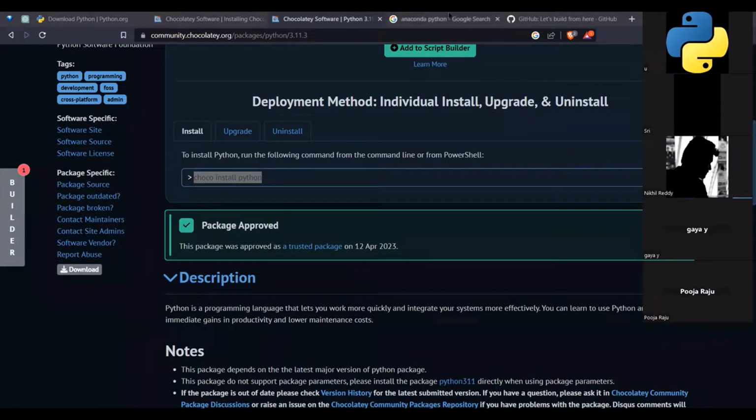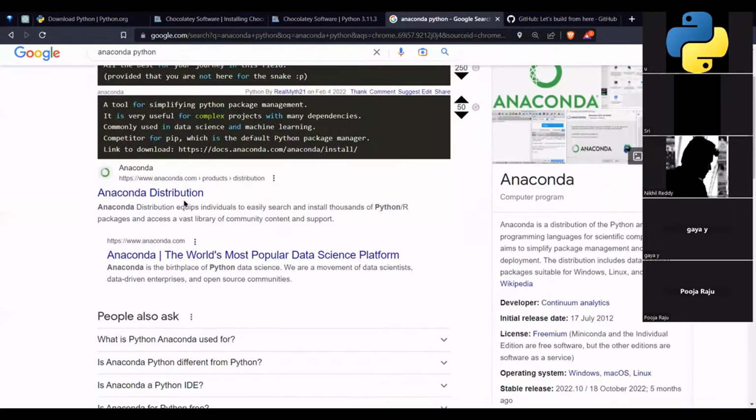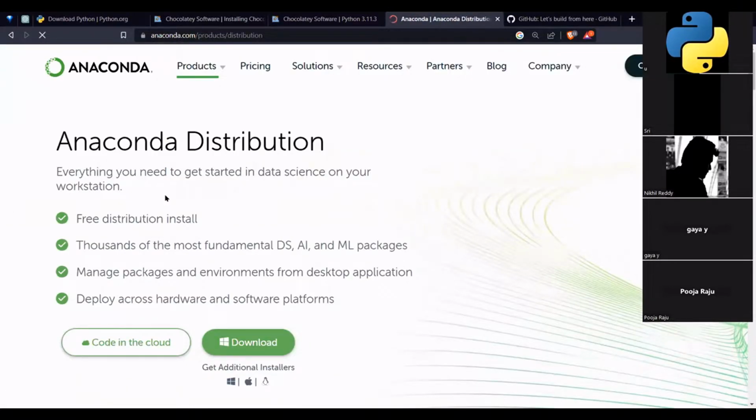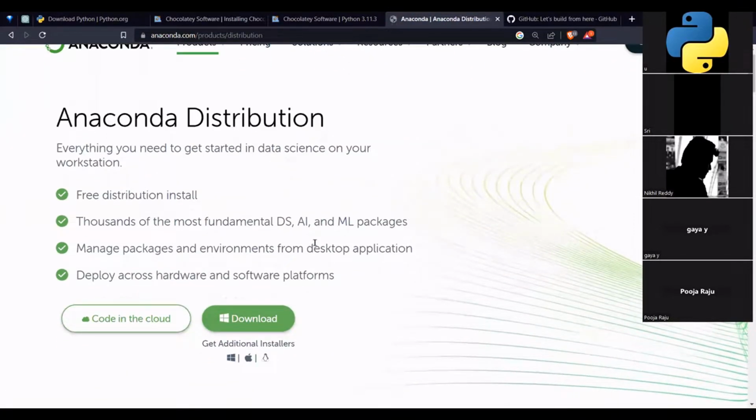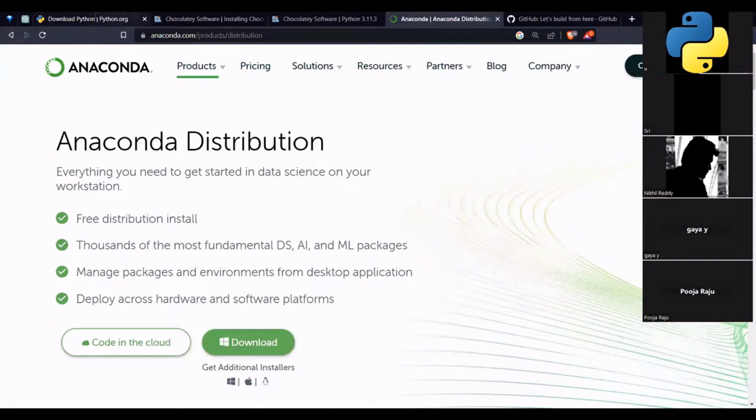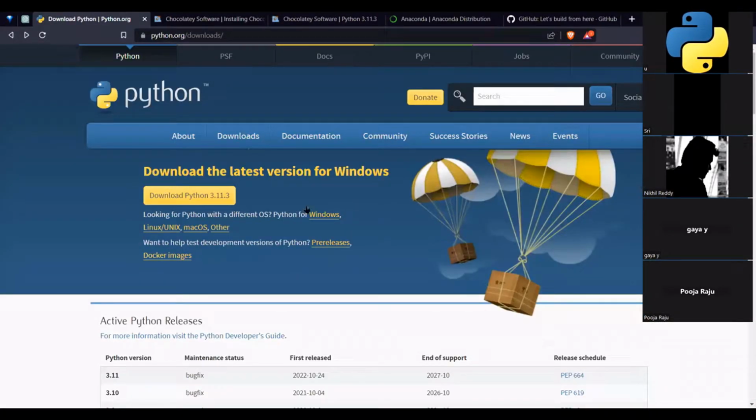There is another alternative way. There is another thing called the Anaconda distribution. If you just Google "Anaconda Python", you will understand. What is the difference here is that Python is an open source thing, meaning anyone can use it. Python is suitable for applications ranging from